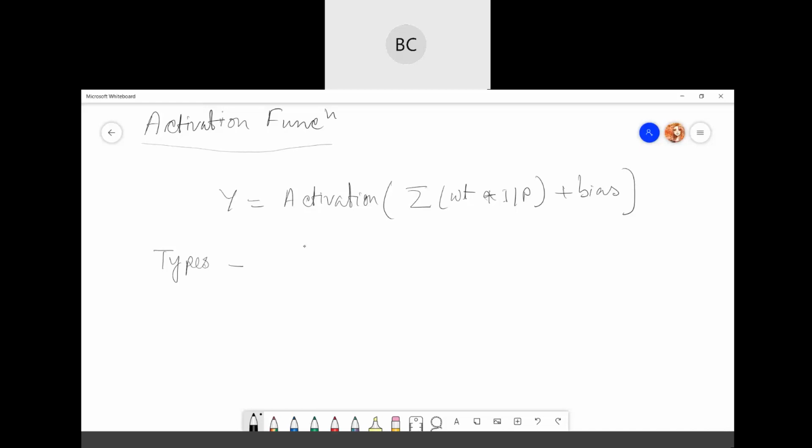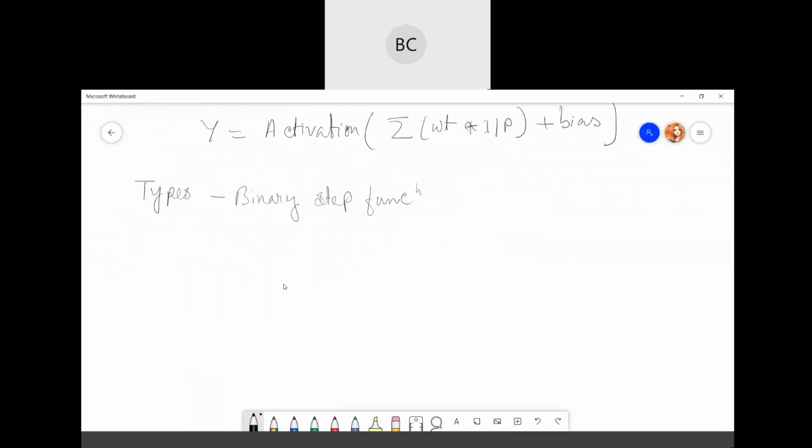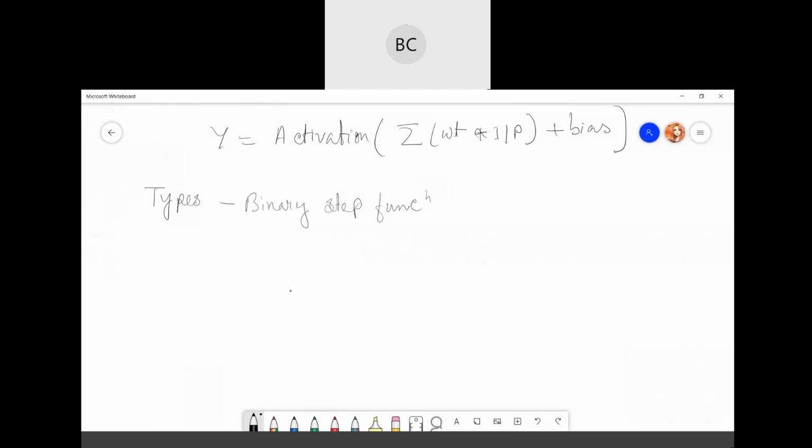A very simple type of activation function is your binary step function. Binary step function is basically 0 and 1, and this one is used in your McCulloch-Pitts neuron. So here the activation function will give you the output 1 if x is greater than or equal to 0, and it will give you 0 if x is less than 0.